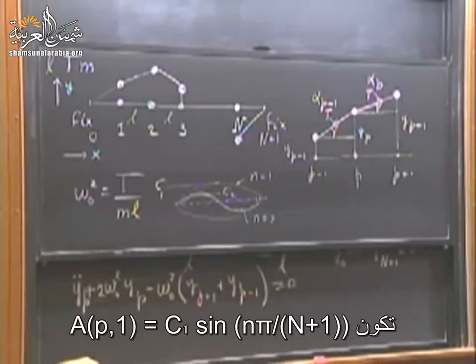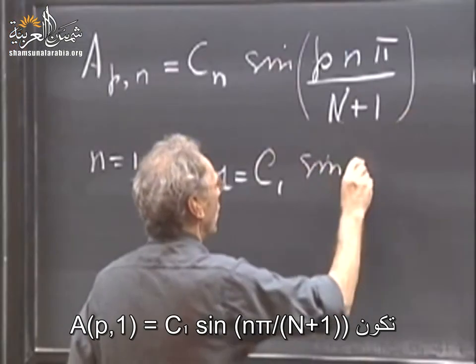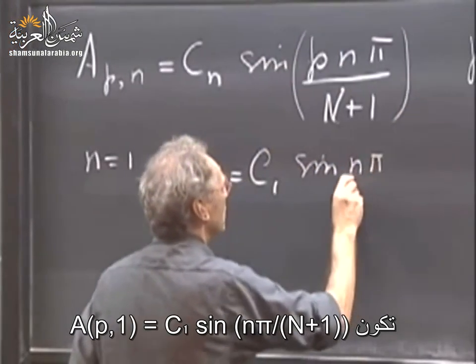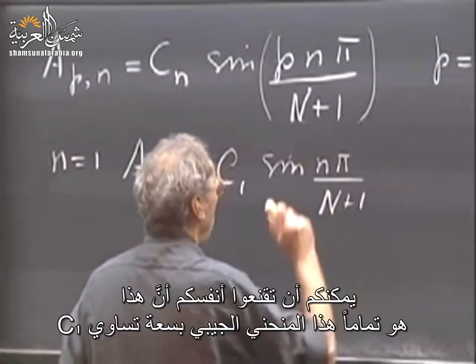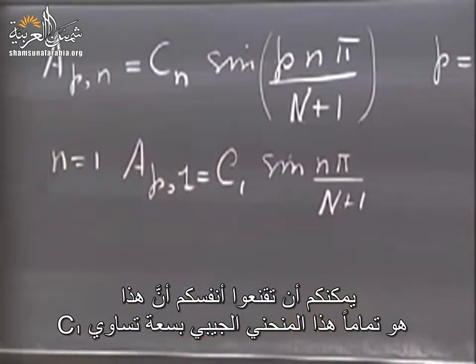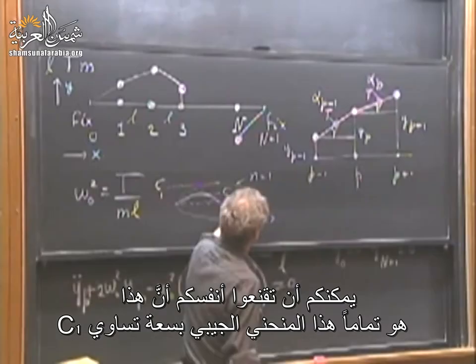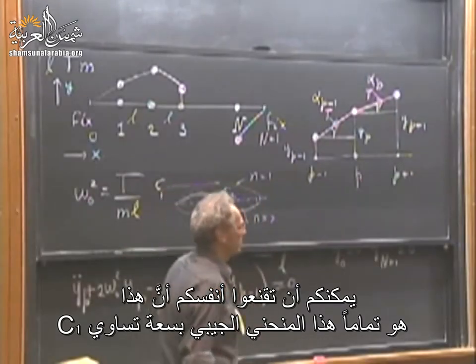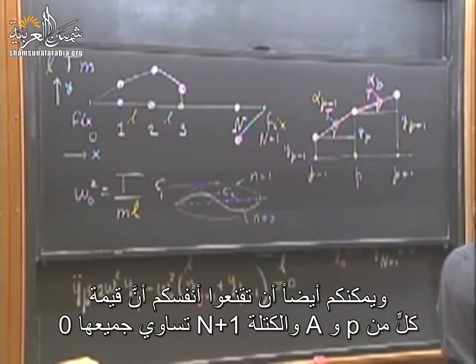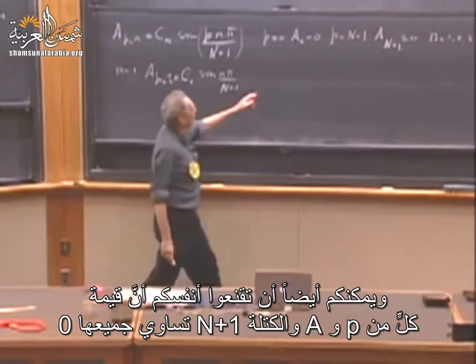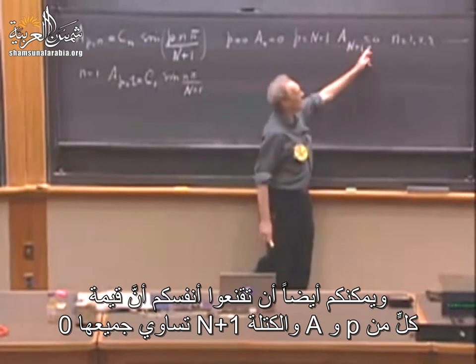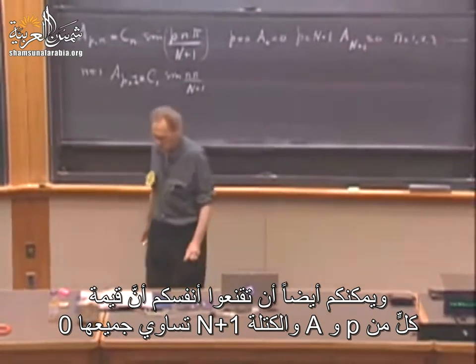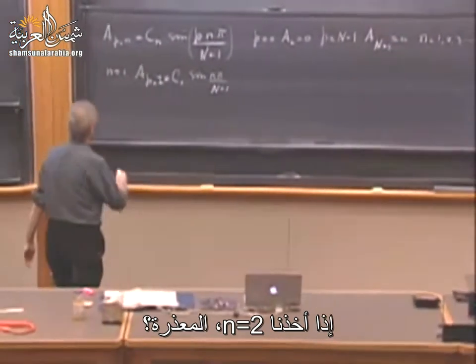And then you would have the sine of p pi divided by N plus 1. And you can indeed convince yourself that that is exactly this sinusoid with an amplitude C1. And you can also convince yourself that particle 0 is 0, and particle N plus 1 is again 0, of course. And if you take n equals 2,